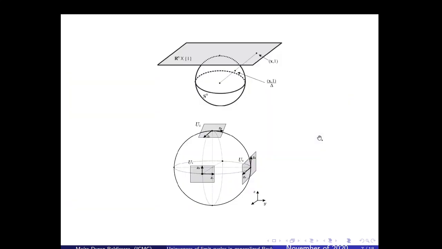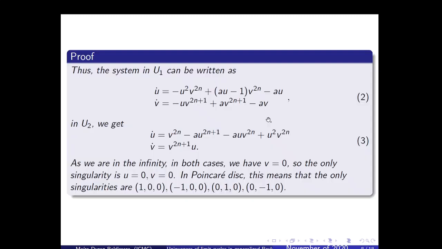So in a few words, what we do is to take the points of the plane and see them in the sphere using the radial projection. And after, we use these charts to obtain the new expression of the system. So in U1, we have this expression for the system, U2, this expression, and using these forms, we see that the system has four singularities,